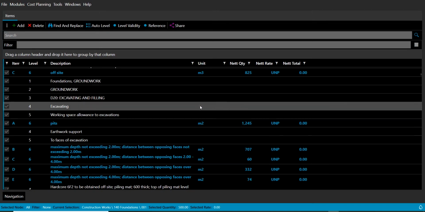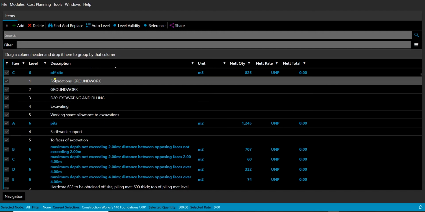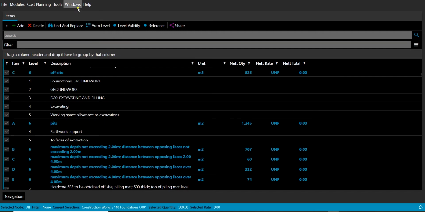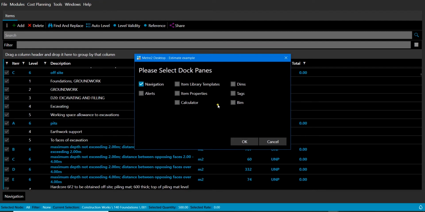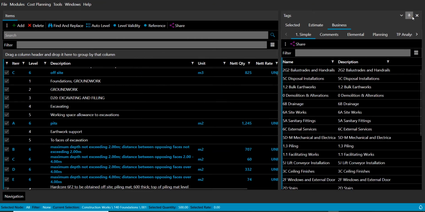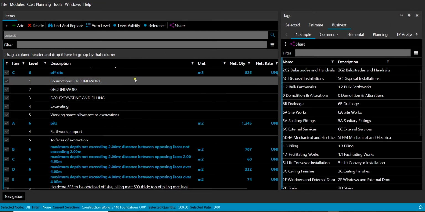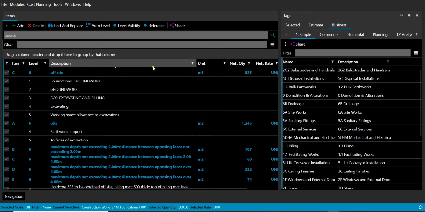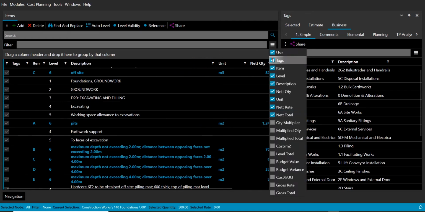Throughout the Meter2 desktop product, we have a reference to tags where we can apply supplementary information to rows of data, be that bill of quantity items, resource rows, inquiry, quote entry, etc. So if we look at the principles of tags, the first thing we need to do is make sure that we have our tag viewing pane open. So we'll have our tag viewing pane pinned to the side there. And then this particular grid here, which is bill of quantities grid, I'm going to also turn on the tags